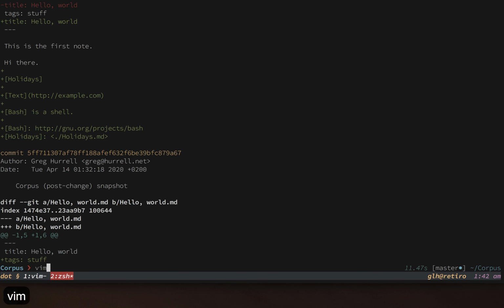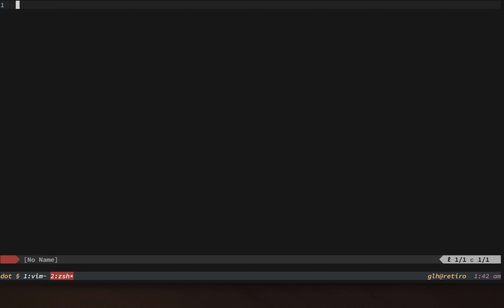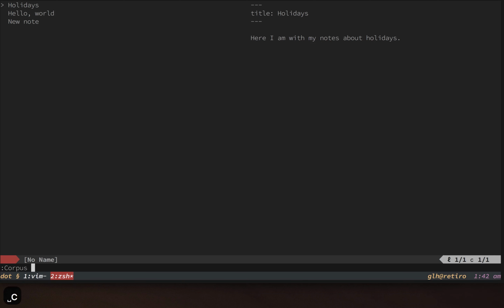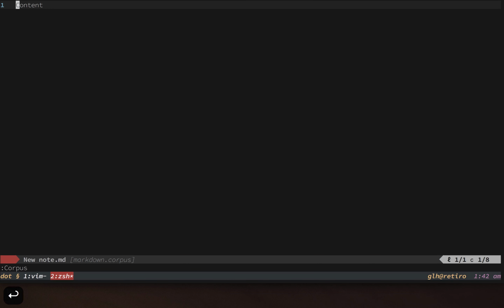So that is that. There's one final thing I want to show you, and that is why I have it set up to populate the metadata section with title information, because that is, at the end of the day, redundant. So when I open Corpus, you'll notice that this time I opened it already being in the Corpus directory, so I didn't have to choose the directory, it just automatically dumped me in this view. But let's have a look at this new note. So you'll notice this note doesn't have a title yet, but when I save it, the title metadata gets created